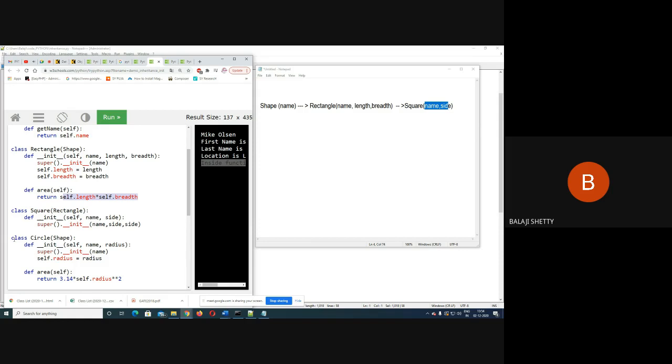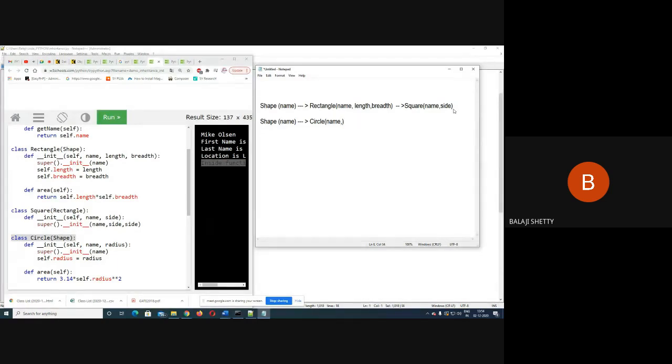And next is class Circle derived from Shape. So this is the class Circle. It takes name and radius. That's it.